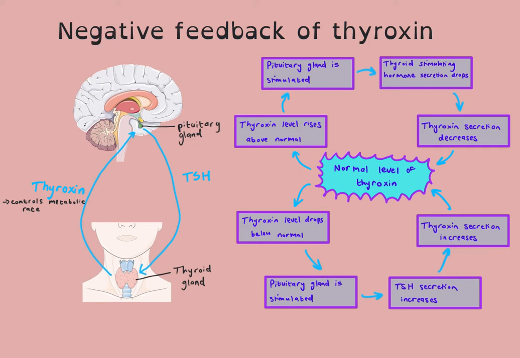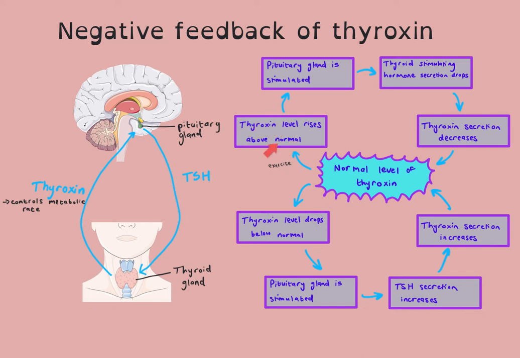So let's look at how this can be asked. You can study this flowchart. You can also write it down in words in a paragraph if you want, but pay very special attention to the memos of past papers where they ask these questions. So you've got a normal level of thyroxin. Your thyroxin level in your blood will increase above normal, probably as you're exercising, for example. It's important that you understand that thyroxin levels and your metabolic rate are directly proportional. So even if the question says that your metabolism or your cellular respiration rate increases above normal, that's as a result of thyroxin level rising above normal.